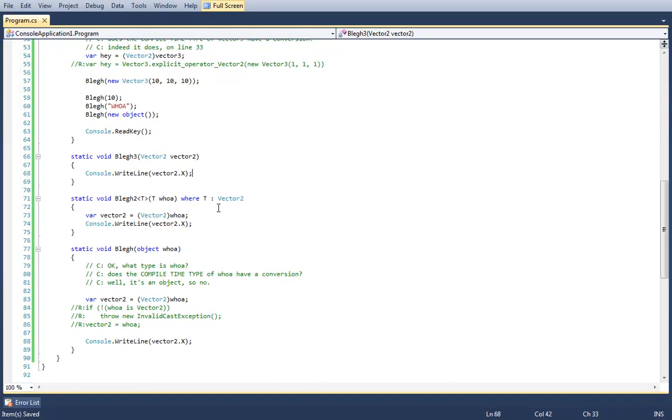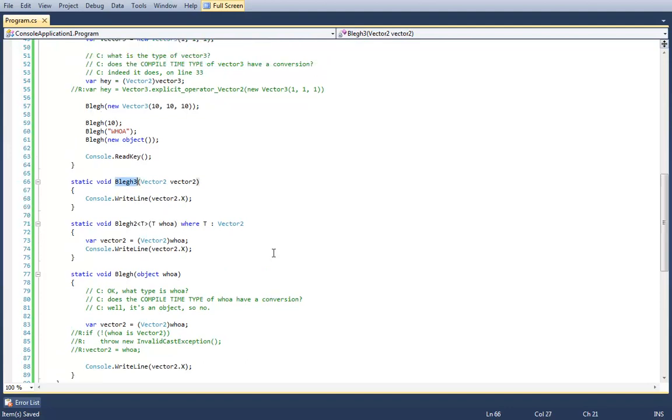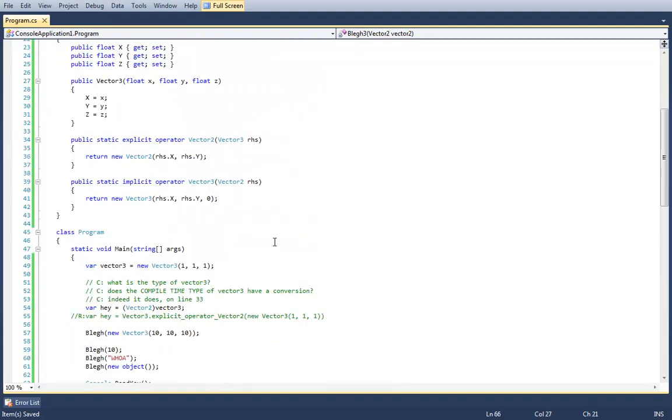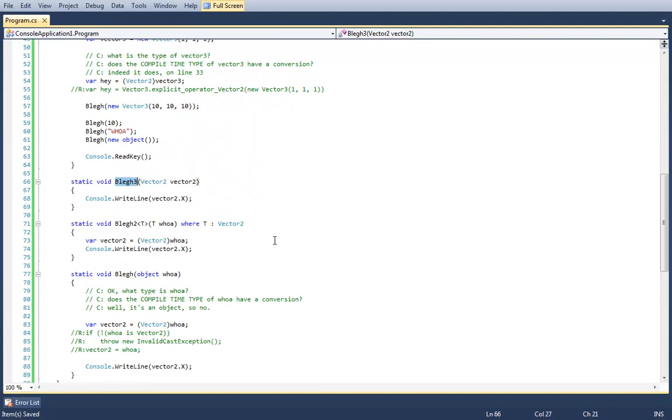There's no reason for me to use any sort of polymorphism or casting for this method whatsoever. It's pointless. But by doing this, we can now take advantage of implicit operators and explicit operators, whereas previously we couldn't.